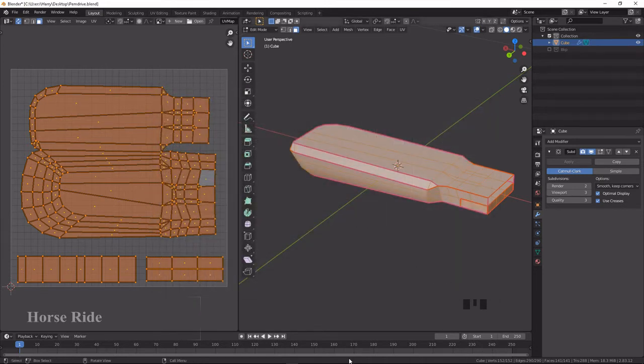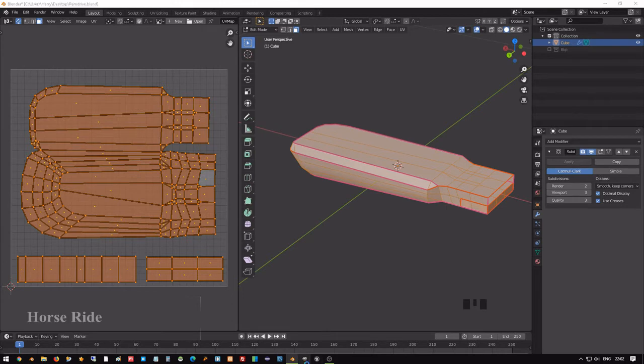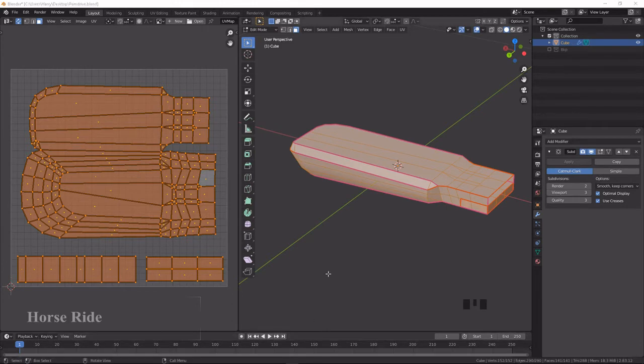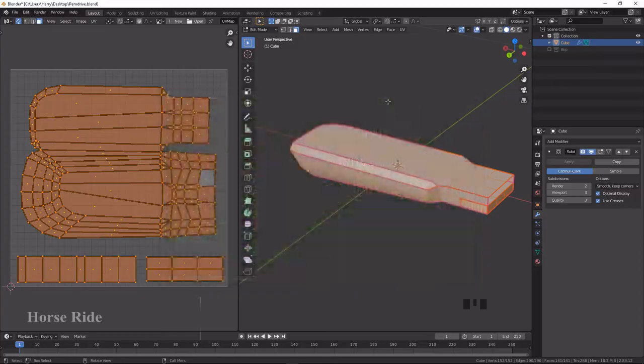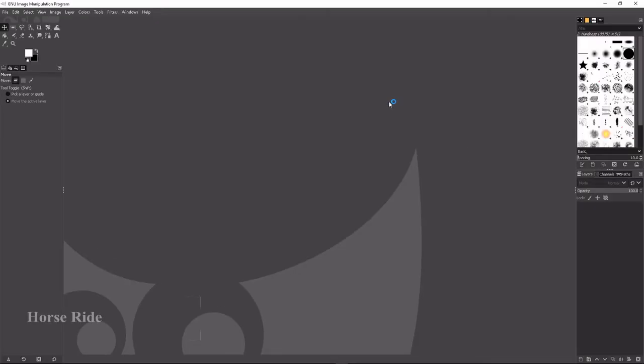Now exporting is done, so I'm going to use the GIMP image editor, which is available open source like Blender, which can be used for official work or for exporting, anything else required, and it's free. So I'm going to give the GIMP link to download it, check it in the description, and Blender also, I'm going to give the link in the bottom. Okay, check it out. Now our GIMP image manipulation program is open, so this is the image editor which is similar to Photoshop.